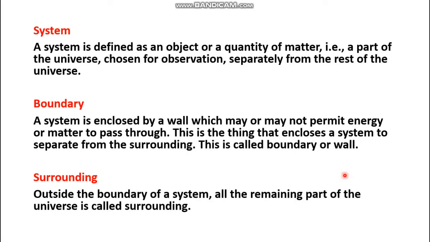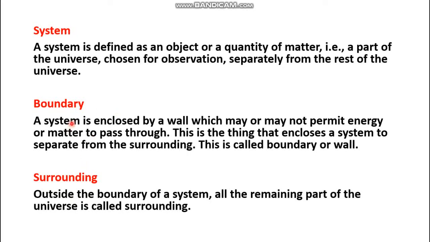So what should be the definition of a system? A system is defined as an object or a quantity of matter that is a part of the universe chosen for observation separately from the rest of the universe. That means the part which you have selected should be separated from the rest of the universe, and that rest of the universe is known as the surrounding. Here in the third definition you get surrounding. I am coming to that point later, but before that,